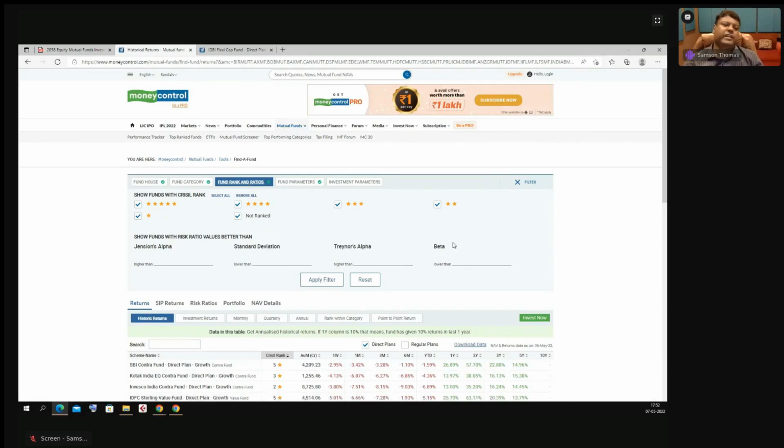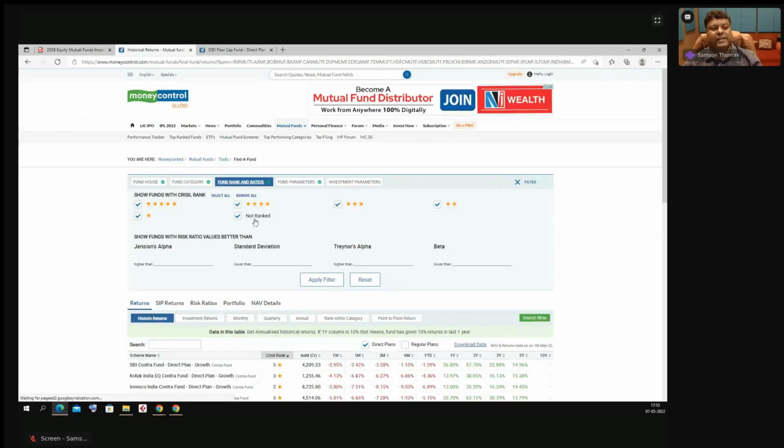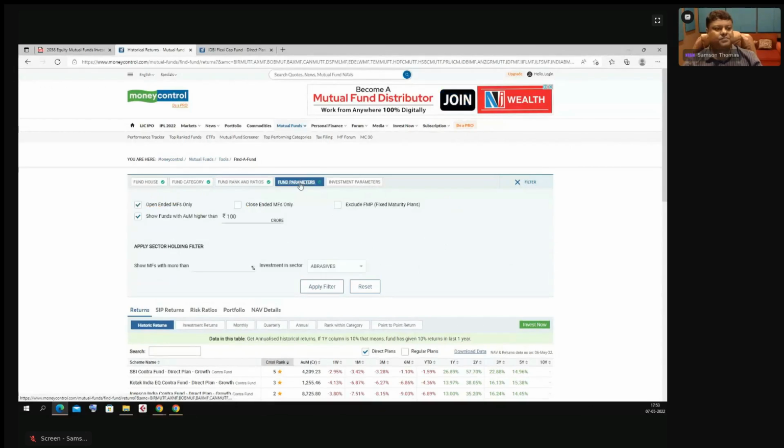Ideally, if you're looking at this, you should look even at funds that are not ranked, because you don't want to be limited by what other people or some organizations have ranked. Sometimes you can find very good picks even in the ones that are not ranked by rating agencies. So ideally you should look at those too, but for the time being, just for the sake of analysis here, I'm removing this and only keeping the 5-star and the 4-star.